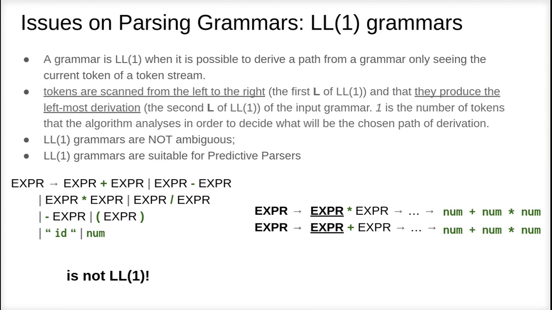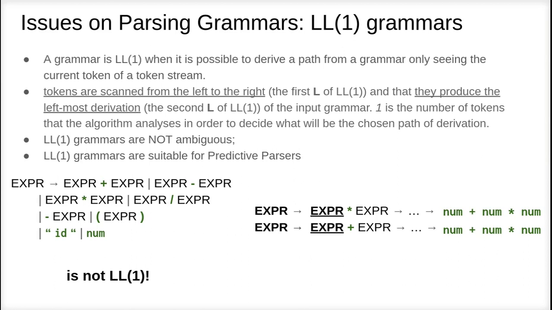So the last issue that we'll talk about is that of LL1 grammars. A grammar is LL1 when it is possible to derive a path from it only seeing the current token of its token string. LL1 means that the tokens are scanned from the left to the right, this is the first L of LL1, and that they produce the leftmost derivation, the second L of LL1, of the input grammar. 1 is the number of tokens that the algorithm analyzes in order to decide what will be the chosen path of derivation. Another feature of LL1 grammars is that they are not ambiguous and they are suitable for predictive parsers that will be studied